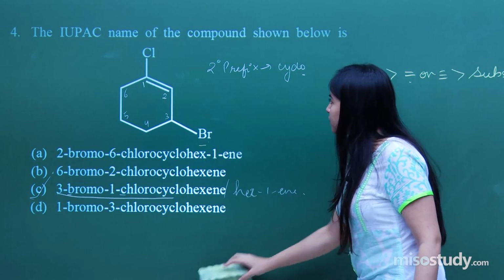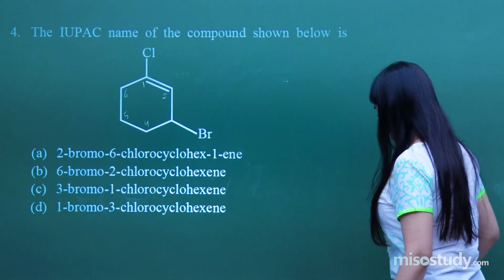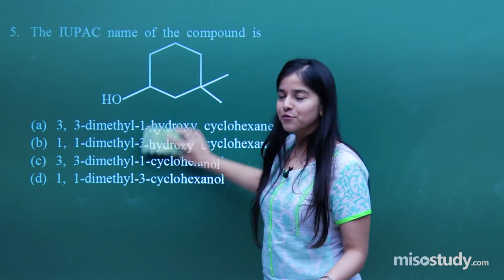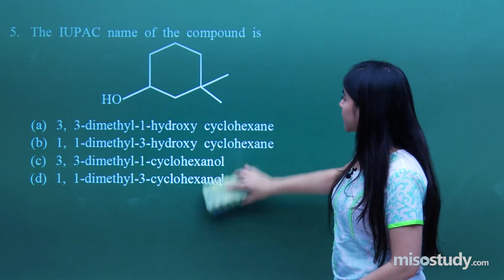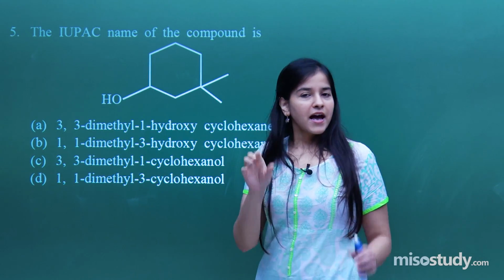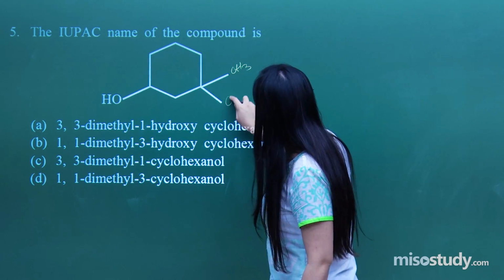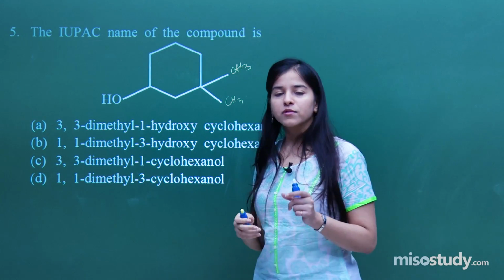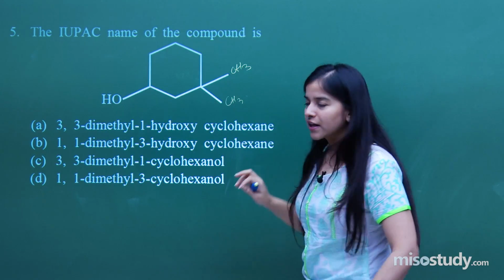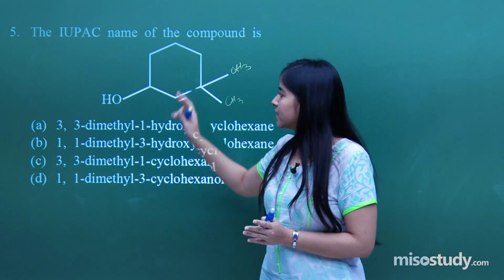Now let's move on to the very next question. What does it say? The next question says, again we need to assign the IUPAC name. This particular compound is again a cyclic compound, and if you see, there are 2 methyl groups attached. Every time you are finding confusion analyzing the bond line formula, just try to put the type of groups which are present. So CH3, CH3, that means 2 methyls are present, and as per the preference order,